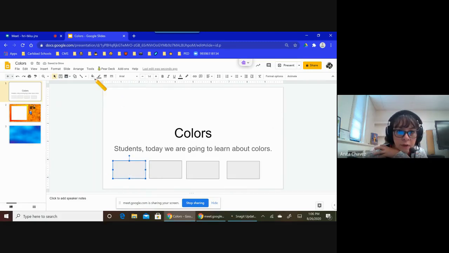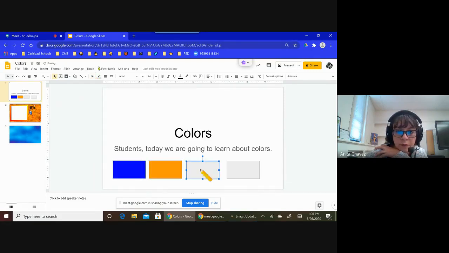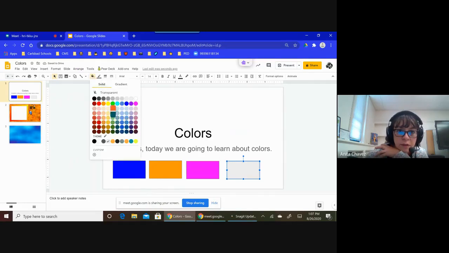So this one I'm going to color blue. This one, whatever other colors I'm going over, I'm going to go over some orange. This one I'm going to go, so I also have pink in there and green.